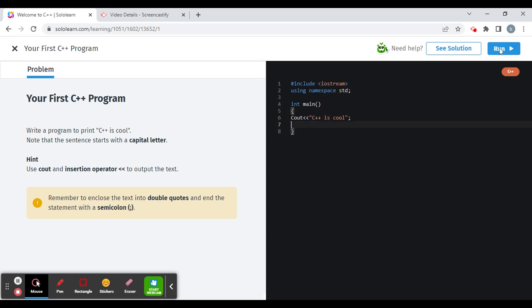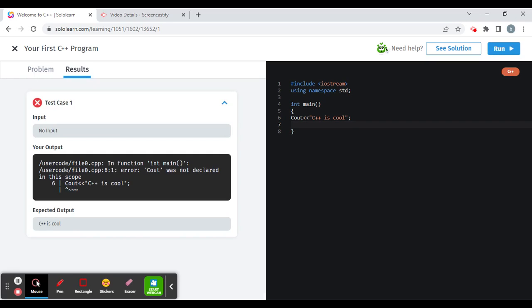So let's go with run again. There's a reason why it shouldn't work. Okay, see, test case one, no input. As you can see, capital C out was not declared in this scope. That's because the command is case sensitive.